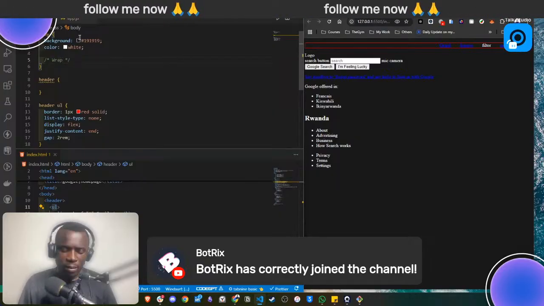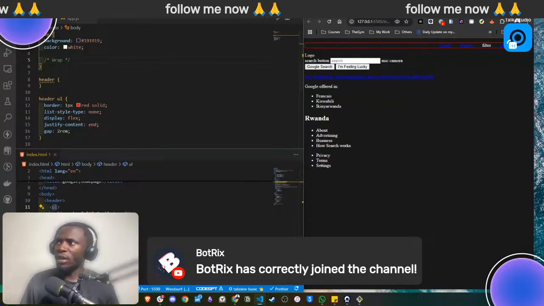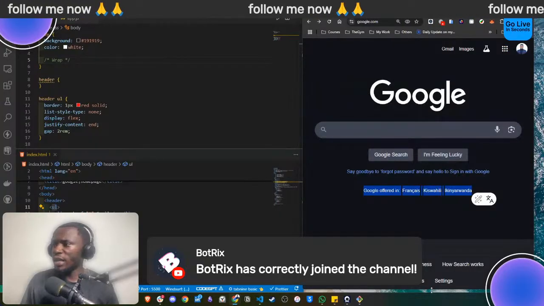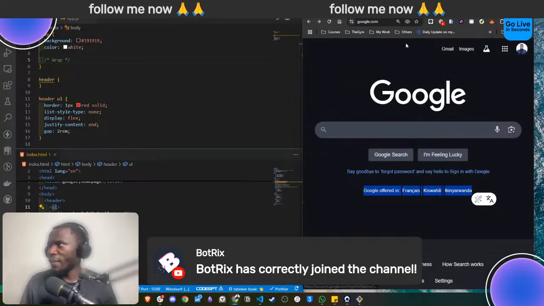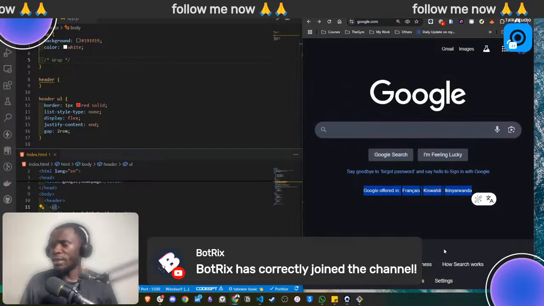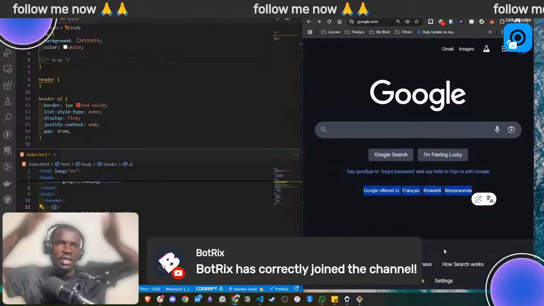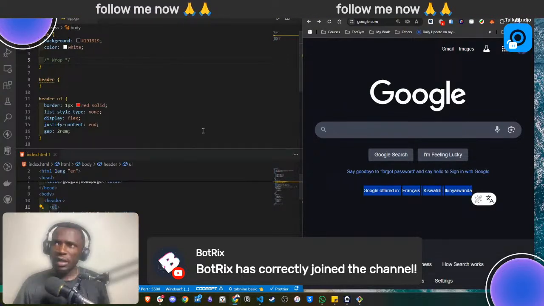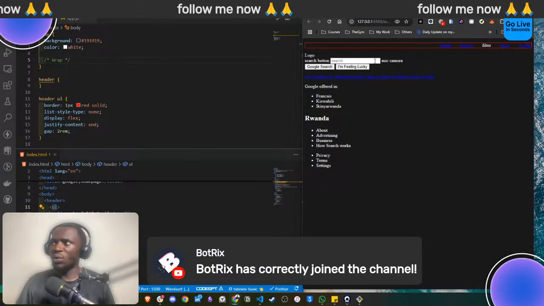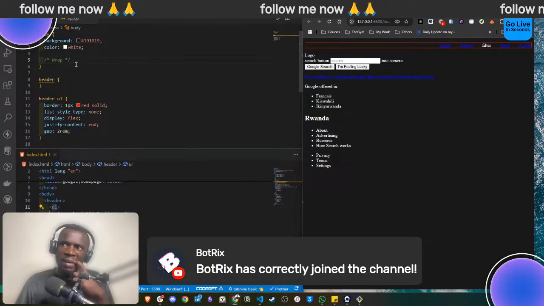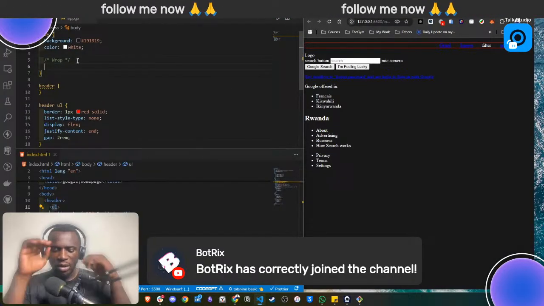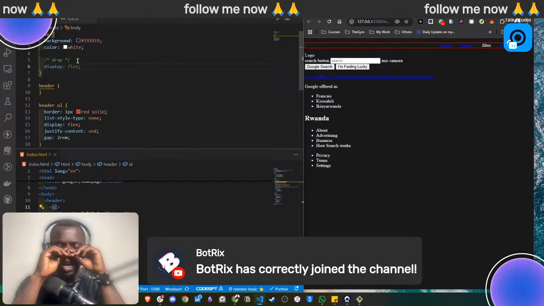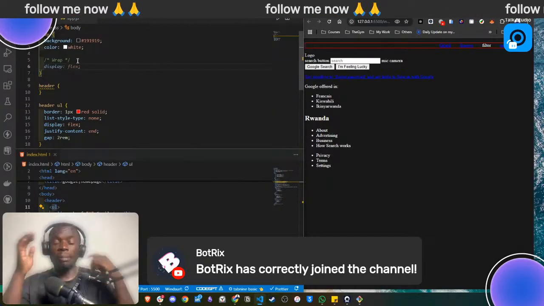Whenever I'm talking about wrappers, I'm just talking about the space around the things, the space that differentiates things on both sides. They are helpful because we don't have to style each one of them. If we come here and put a wrapper, then we can put a padding